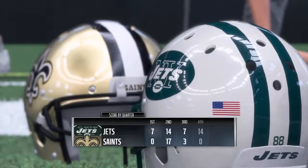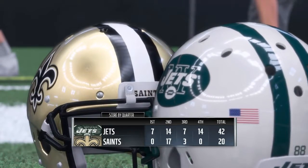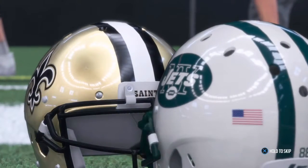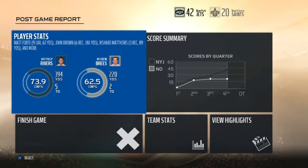So for the Jets, they move ever closer to the perfect regular season as they run things to 14-0. And they will head home next week to take on the LA Chargers. Meanwhile, for the Saints, the loss might knock them out of playoff contention as they drop to 6-8. And they'll